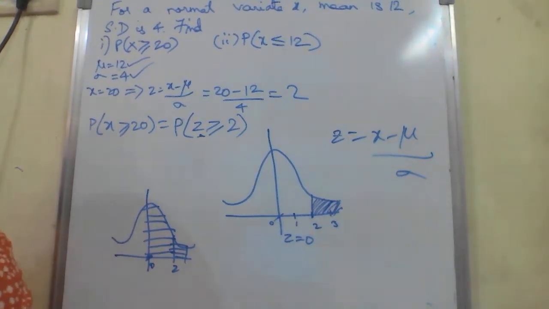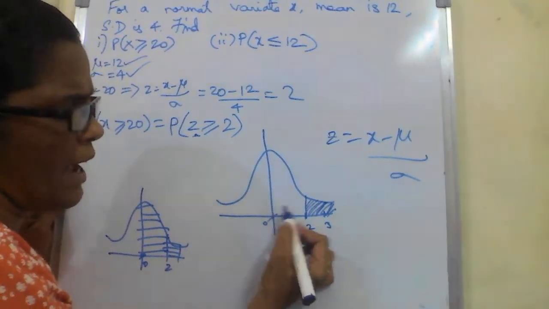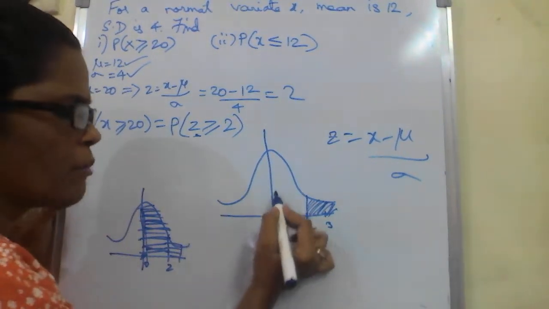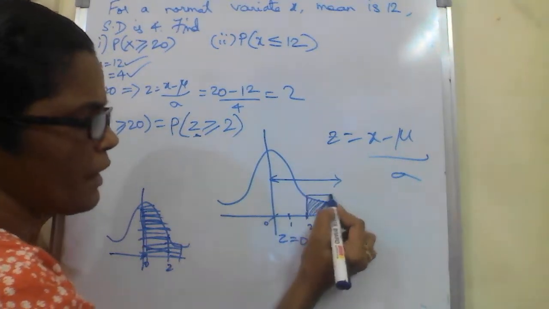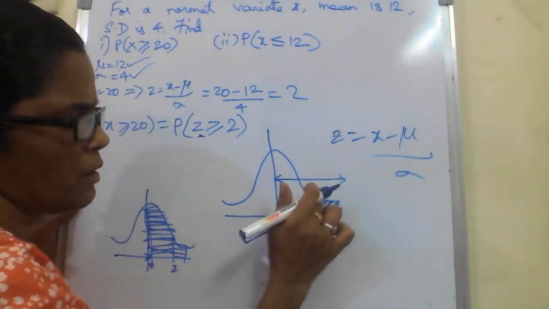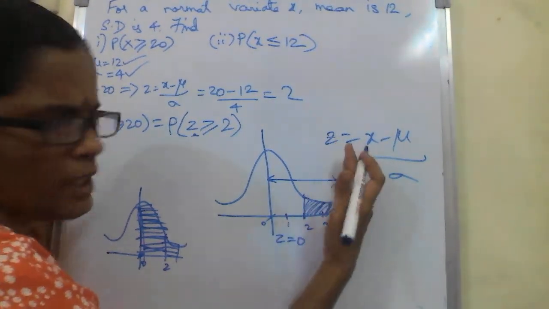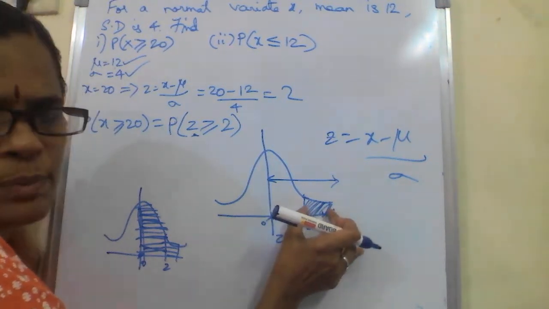So here if I want the value which is greater than or equal to 2, so that is the value of the total, that is here I have the values from 0 to this part. So how can I find it? From here to here you take the total value and subtract this particular value. Sorry, to get this particular value, from here to here whatever you have, take that total value minus this part, I can get from the graph, then it gives you this particular part.